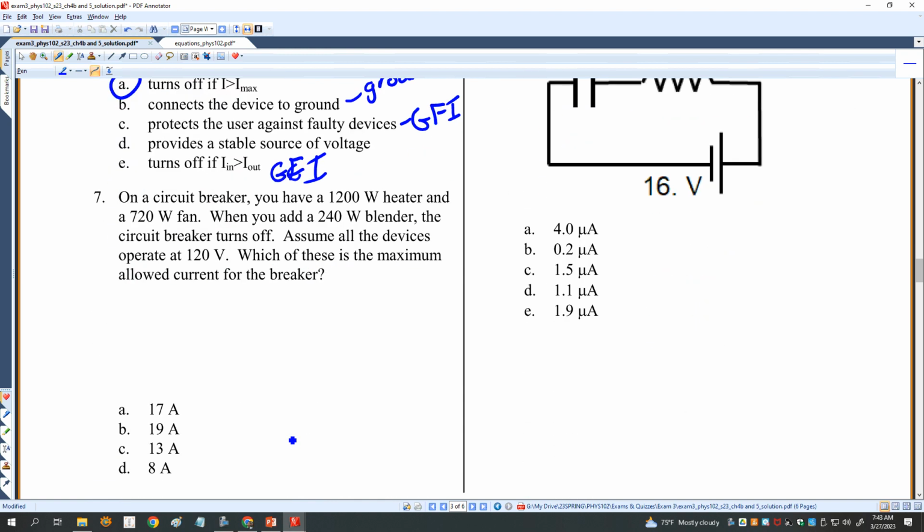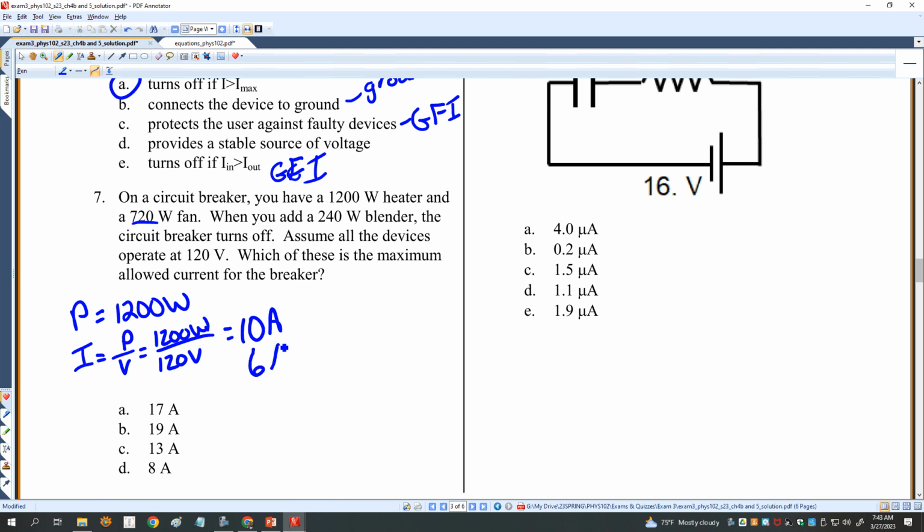All right. Circuit breaker, you have these devices, and then I add a blender, and it turns off. All right, so the 1200 watt, that's this power, so the current that it pulls is equal to P over V, 1200 over 120, because everything operates at 120 volts, so that's 10 amps. In a similar way, the 720 watt fan is 720 over 120, that's 6 amps. So I have 16 amps, and it's chugging along just fine. And then I add another 2 amps, that's a 240 watt blender, so then I now have 18 amps. So somewhere between 16 and 18 is where the circuit breaker turns off,